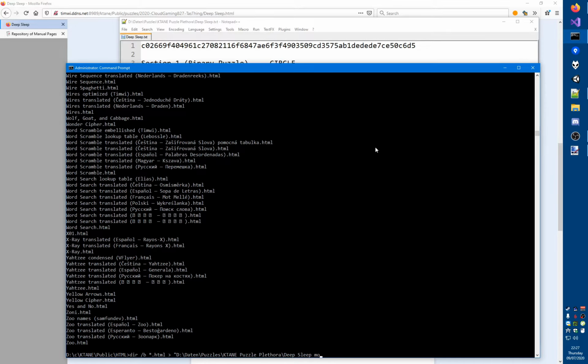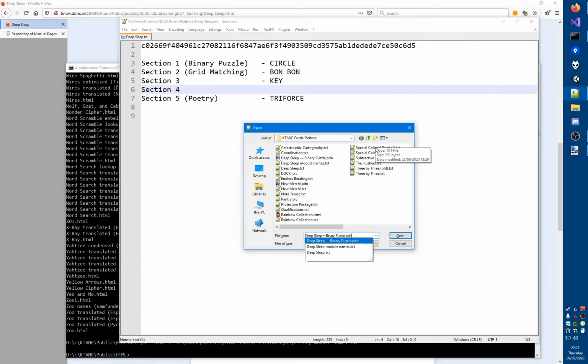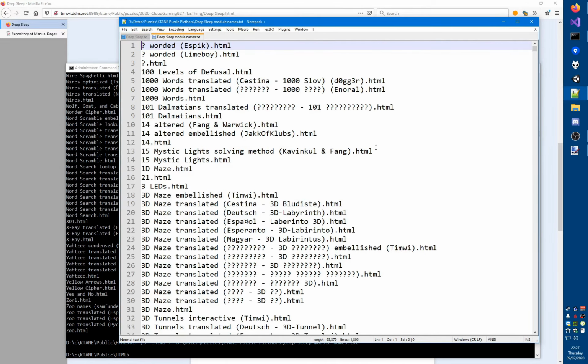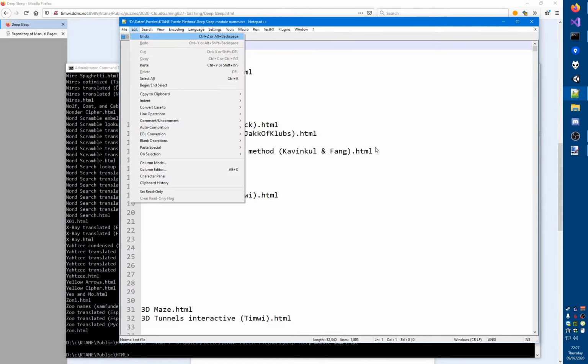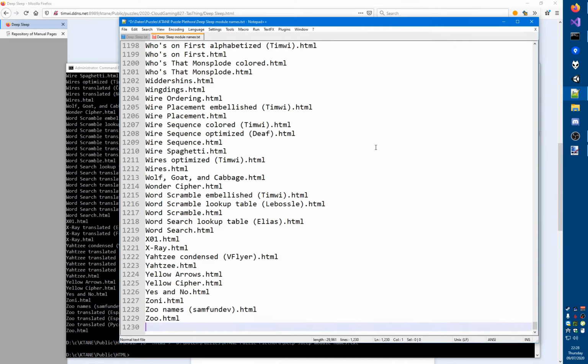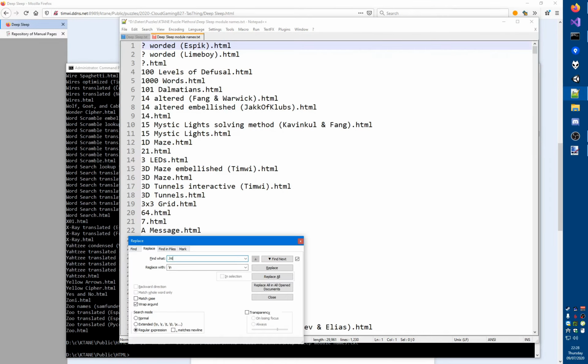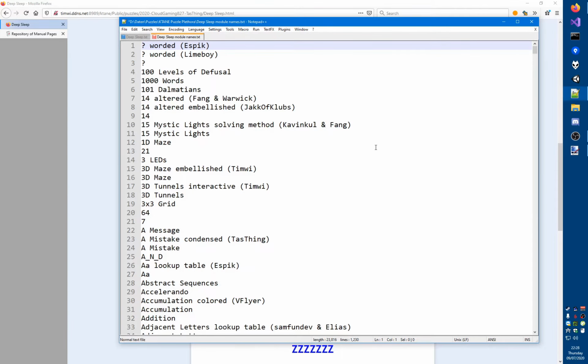Deep sleep module names.txt. Right, so now I can open that here. I can delete everything that has translated or embellished, but translated is the bulk of it that I want to get rid of, so I think that should be enough. Alright, and now we have a single list. Remove all occurrences of .html. Close this. Okay, and now